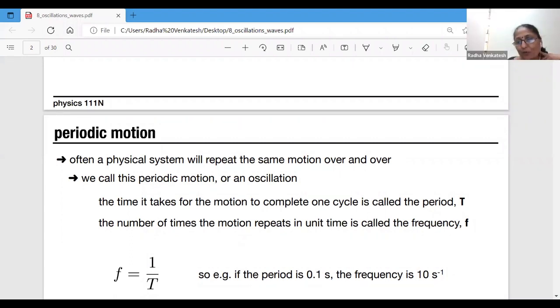If I want to pull it more, sir, should I use less force or more force? I want to cause a greater displacement. We have to apply more force. Yes, ma'am. The more the displacement from the mean position,